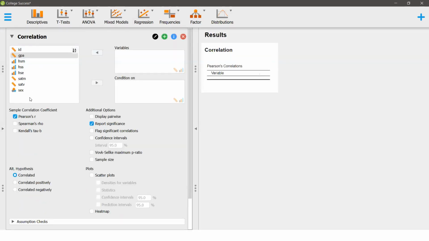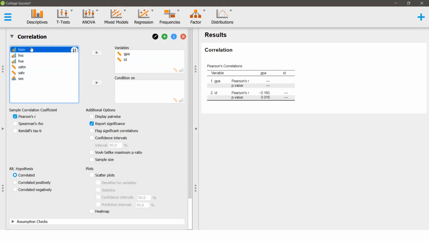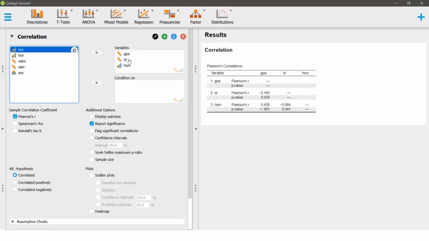We have all the data columns over here, and the scales are also indicated, so it is a scale, ordinal or nominal variable. Here we can directly double click on GPA and GPA will come up under the variables, or we can drag ID and put it under the variables, or we can just click this arrow. So there are three different ways we can take the variables into account, or we can put some condition to split the data, or put some conditions on the variables based on some different variables.